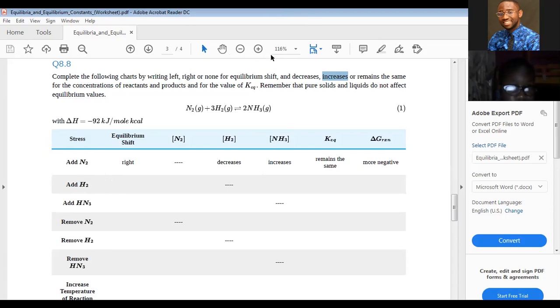Okay. We said when you remove N2, equilibrium shifts to the left, right? Yes. Okay, what about when we remove hydrogen? It shifts to the left. Okay. When we remove NH3,